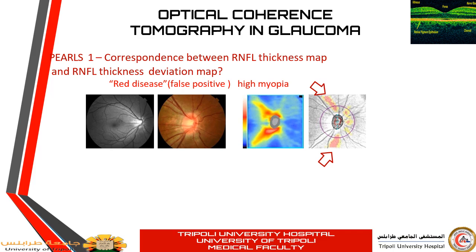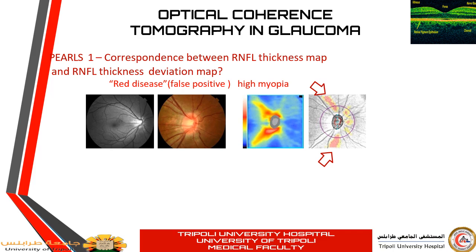So when we look at this map, you will find there is a discrepancy between the thickness map and the deviation map. So there must be something wrong. Actually, this usually happens in cases of high myopia, in which the superonasal and inferonasal arcades of the retinal nerve fibers converge early to be inserted in the optic nerve, leaving the normal location of the arcades a little bit thin,